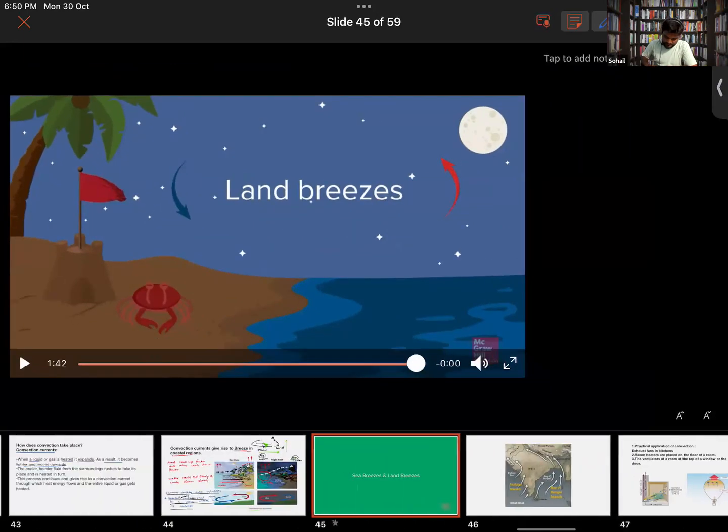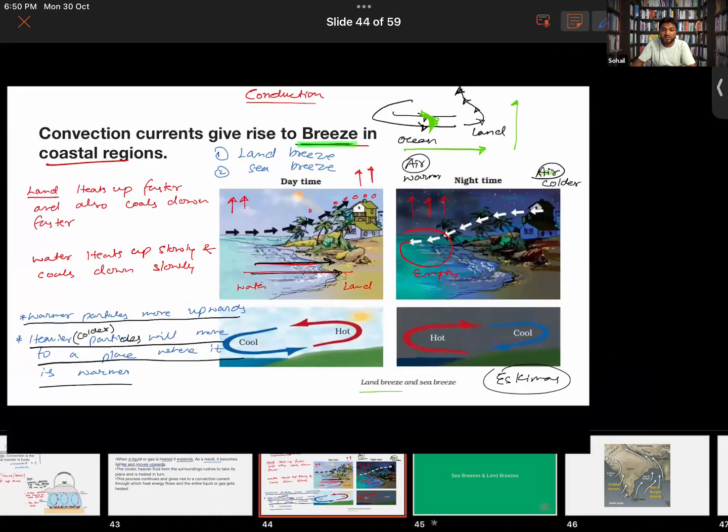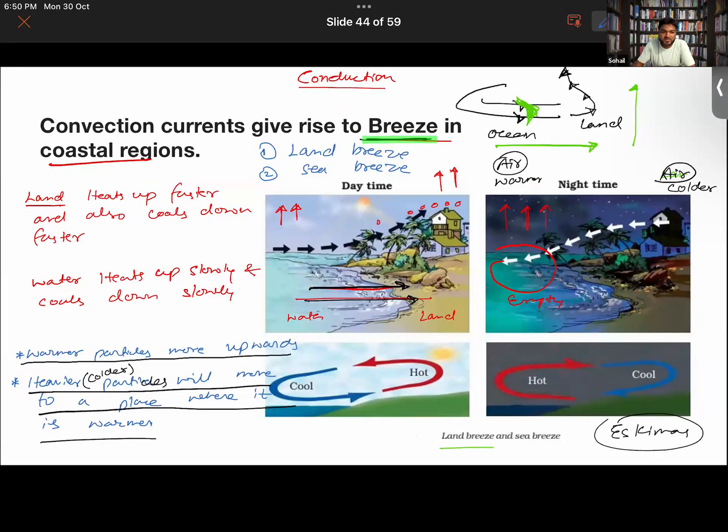Okay. So hope now you guys are getting it, like what simply land breeze and sea breeze is. So basically during the day, the sunlight warms up the land and the water also, but land warms up more than the sea. So the hot air above the land will rise upwards, right? And an empty space is being created by that. So to take its place, the cooler air from the sea will move towards the land. So this convection current from the sea to the land is called a sea breeze, right?